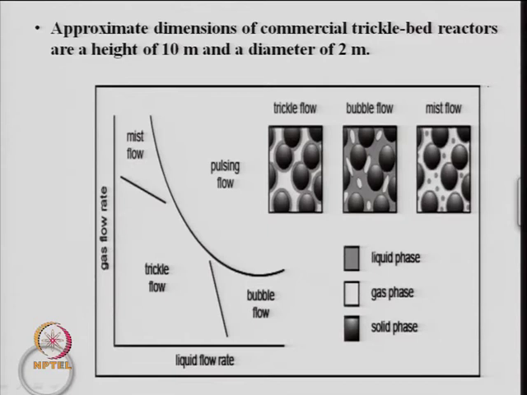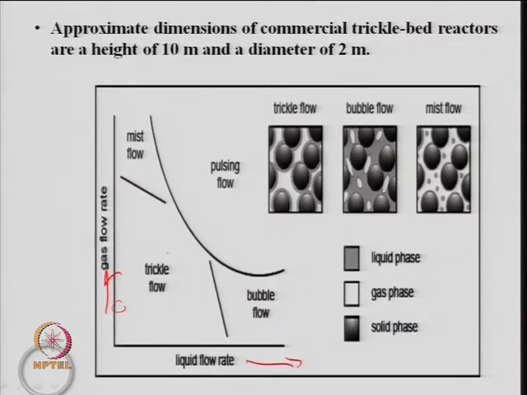So, this simply says here a gas flow rate. This side it is a gas flow rate, and this side it is a liquid flow rate. What I mean to say, either you look at a ratio of gas flow rate to liquid flow rate, or you look at it effectively: if you increase the liquid flow rate for a fixed gas flow rate, the region changes to a bubble flow region.